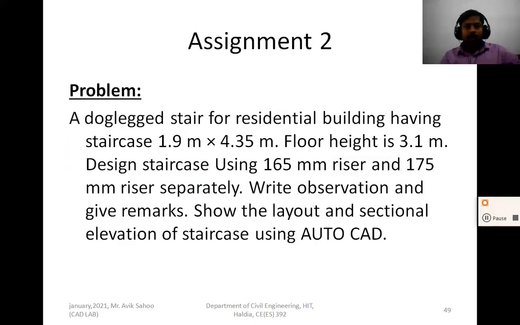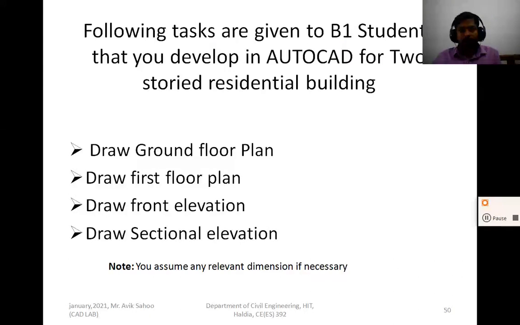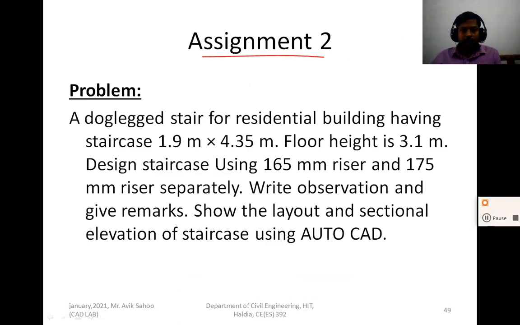One assignment I have already given in the previous lecture, and you have to submit it. It is a dog-legged stair of a residential building, with the staircase size and stair room size given, and floor height given as 3.1 meter.